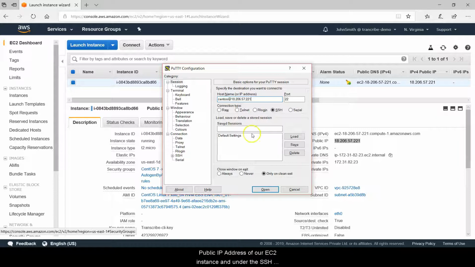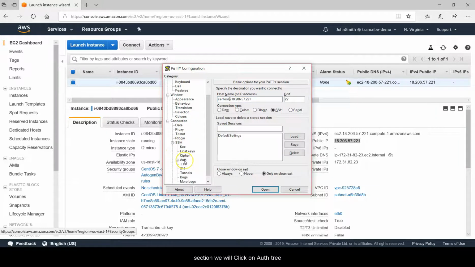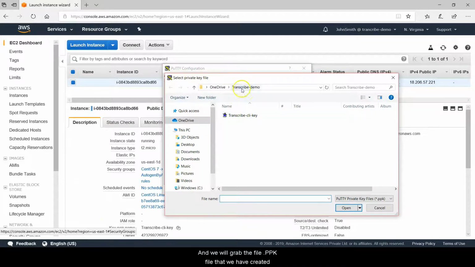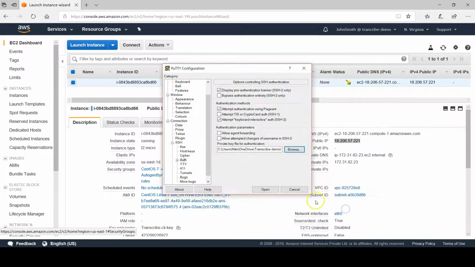address of our EC2 instance, and under the SSH section we will click on Auth, and from here we click on the private key file for authentication, and we will click on browse, and we will grab the ppk file that we have created, and we select it and click on open, and we click on open, and it will attempt to connect to our EC2 instance which is running at port 22.